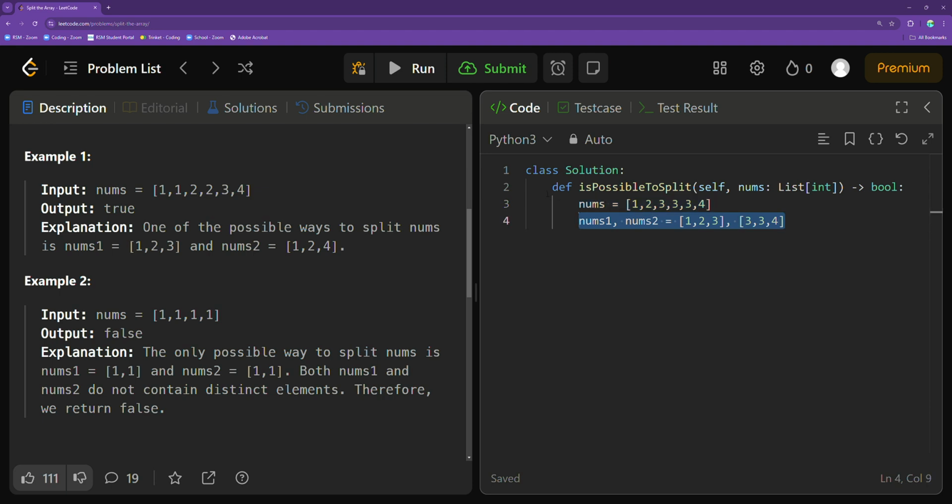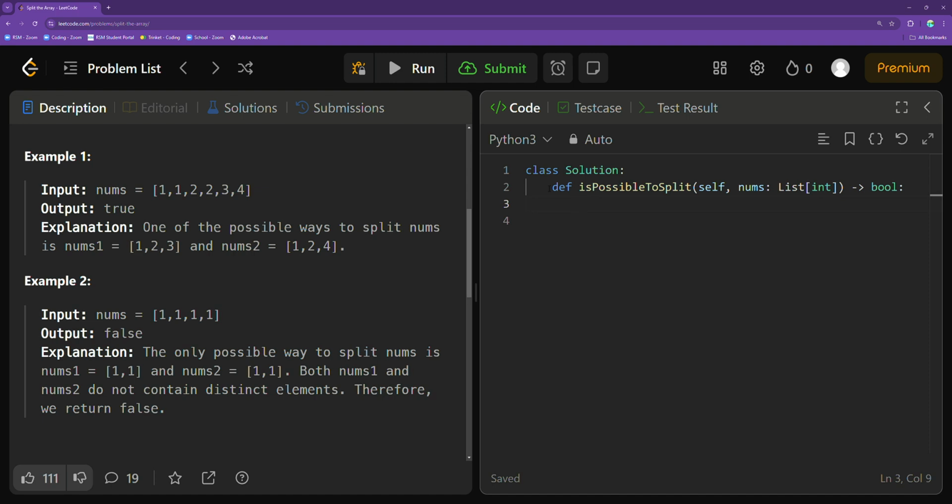So one key thing to note here is that all of 1, 2, and 4 appear less than 2 times in our nums input array, and so we can easily split them into our different partitions without encountering them more than 2 times. However, the 3 value appears more than 2 times, so we cannot split them into just 2 parts, right? So the key idea is that if any value appears more than 2 times, we're going to see it repeated in at least one of our partitions,